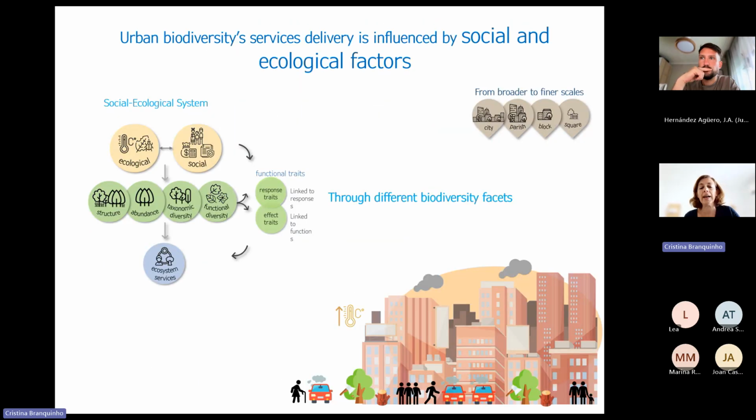And we started by looking at this socio-ecological system and looking at different facets of biodiversity, like structure, abundance, taxonomic diversity, functional diversity, using both response traits and effect traits, depending on what we wanted to look at, and at different scales. So at the city scale, at the parish scale, and at the local scale, okay,